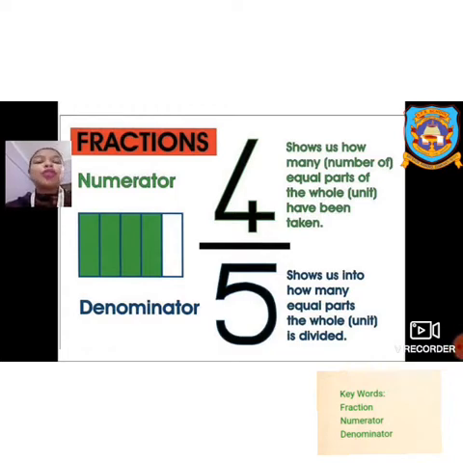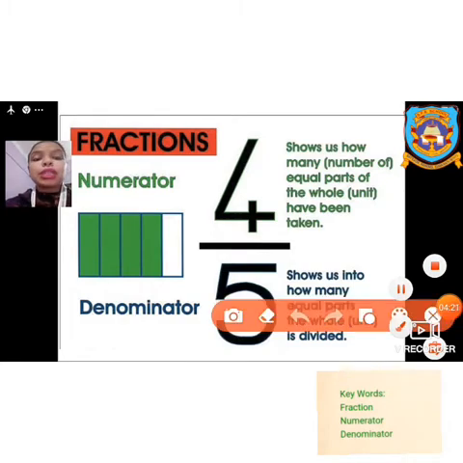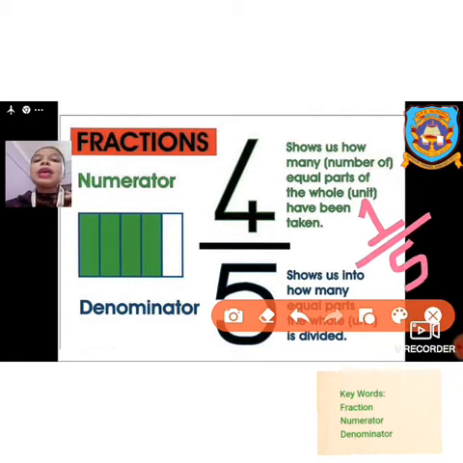Children, don't get confused with numerator and denominator. I have been telling you repeatedly, the denominator represents the number of equal parts the object has been divided into. Out of that, if you take one piece or two or three, shaded or colored or dotted, that represents the numerator. Now depending upon the question, shaded or unshaded. If the fraction was asking for the unshaded part, that means not colored, the fraction would have been 1 by 5, because 5 is the number of equal parts and 1 is unshaded, that is the numerator.